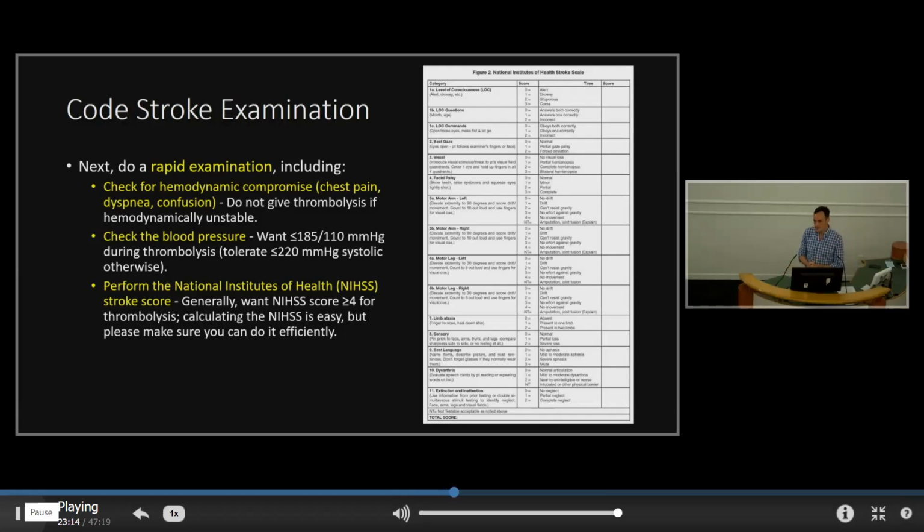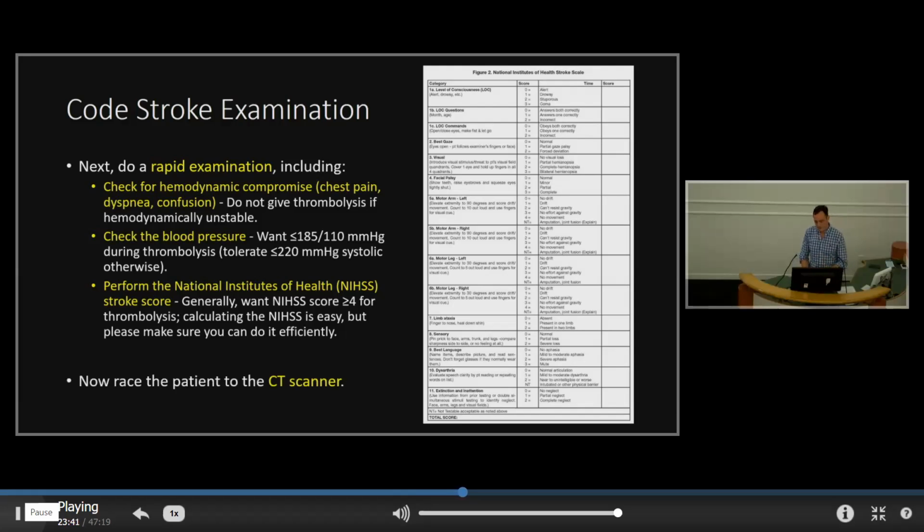This is a very easy thing to calculate. You just go through and do it quickly. However, it's really essential to do it efficiently. And I would encourage you, if you're about to go on a night on call, or especially as doing a neurology register or service term, to just go through it and make sure that you have practiced it. And there are some videos online that you can look at to make sure that you're doing it correctly. Because if you don't do it correctly, it can actually drastically alter management.